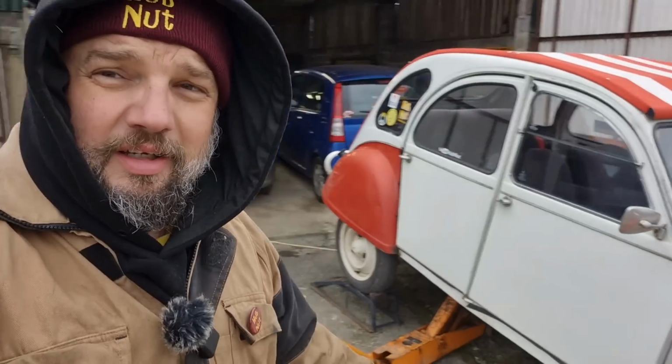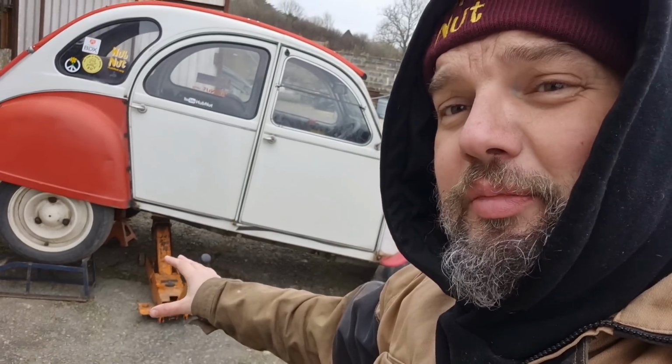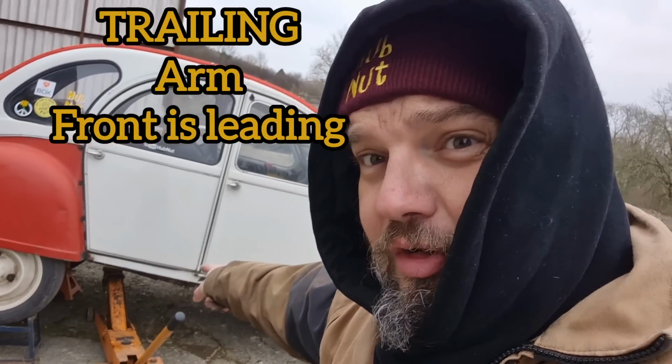Well, we are back up the unit the next day. Today is Thursday. We got Ellie lifted up. I did want to put Ellie on the ramps both sides, but I don't like driving up ramps. So I thought I'll jack her up. But that proved to be an absolute nightmare because it's a leading arm suspension and it's a long arm,